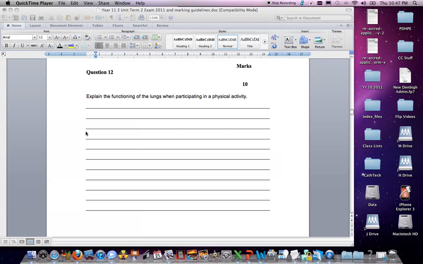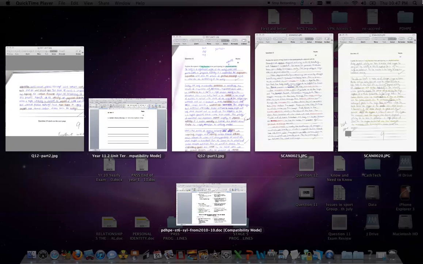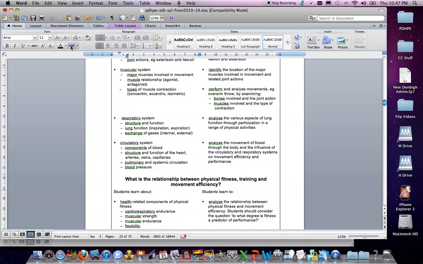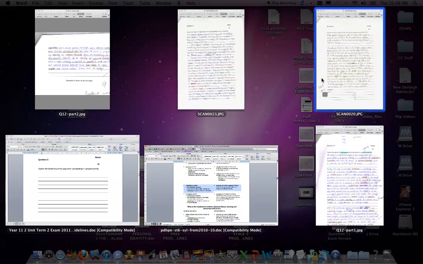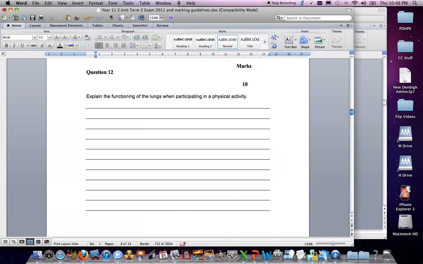Firstly we'll just look at the area of the syllabus where it comes from. Here we can see the respiratory system and the discussion of the respiratory system in terms of the structure and the function, the lung function, the exchange of gases. We need to analyse this in regard to physical activity. So that's where it's coming from. If we just go back to the question,